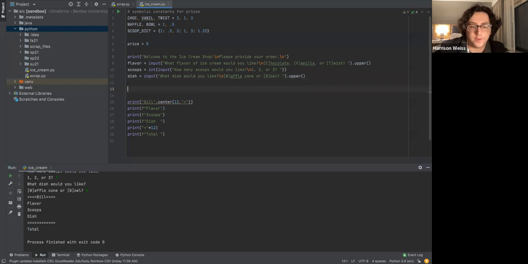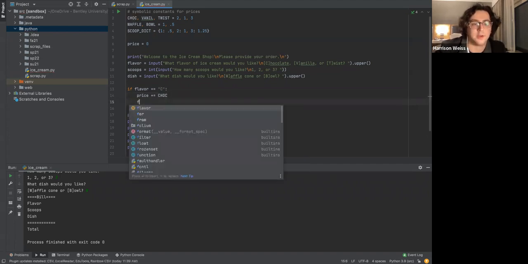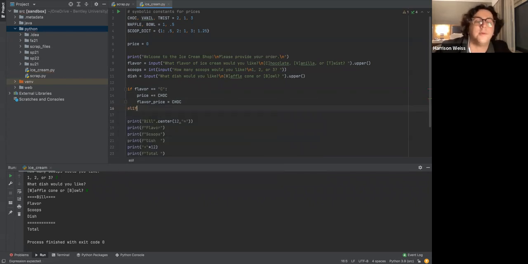So the way we do this is we need if statements now, based on what they entered. We want them to enter just C, V, or T for the flavor. So if flavor is equal to C, right? We're going to take our price plus equals the price of chocolate, okay? And we're going to set a new variable, a flavor price, so we can record that separately, to be whatever chocolate was, okay? Now we'd go else if flavor is equal